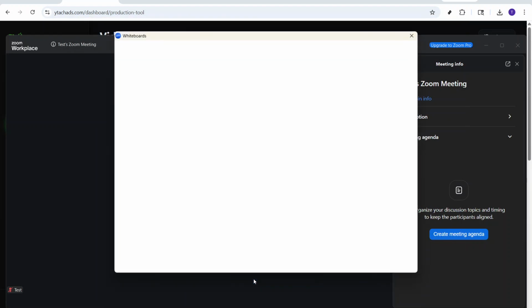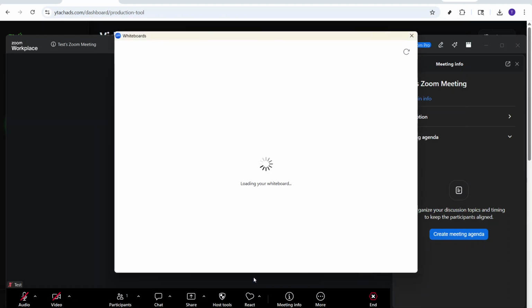As soon as you click Share, a blank white canvas will open up on your screen. This canvas is now visible to all meeting participants, providing you with a space to draw, write, and showcase your ideas live. It's like having a real-life whiteboard with tools to annotate in various colors and styles, allowing for maximum